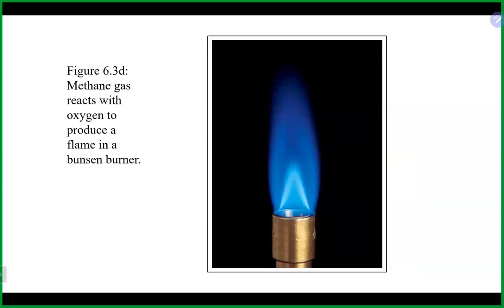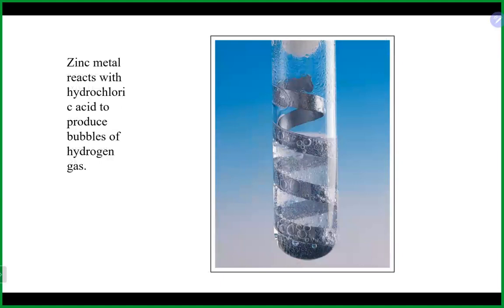Methane burning here is a combustion reaction. So when you light your Bunsen burner there with your inner cone, you have a combustion reaction happening. Obviously, that gives you a flame, that gives you heat that's coming off, all evidence of some type of reaction occurring. Here's our zinc with our bubbles. I think we might have done this one as well. Maybe the one where you put your finger over the test tube, right, and tested it as well